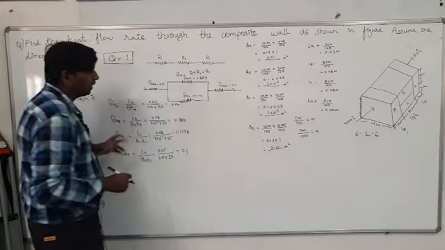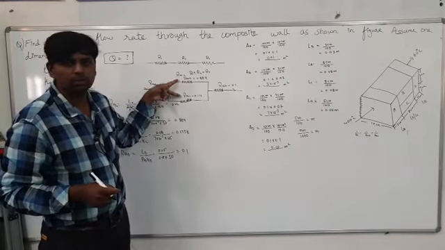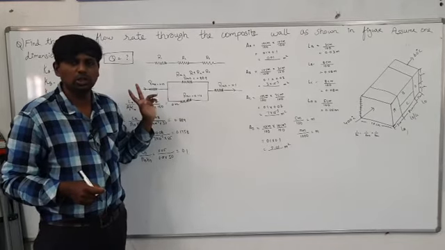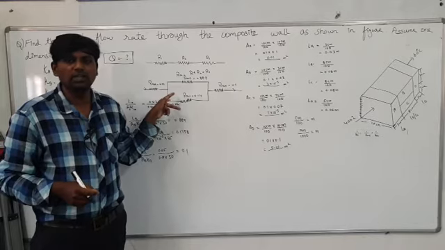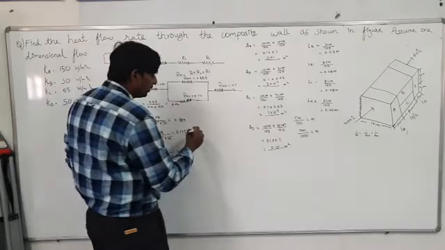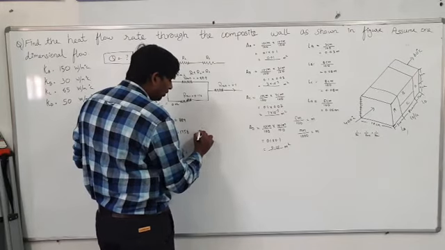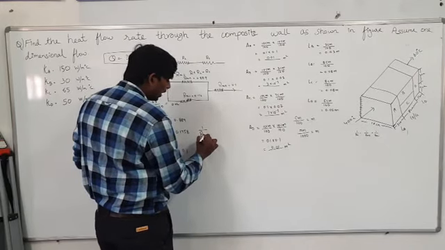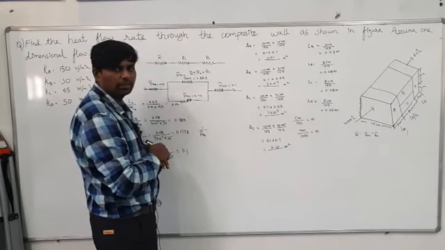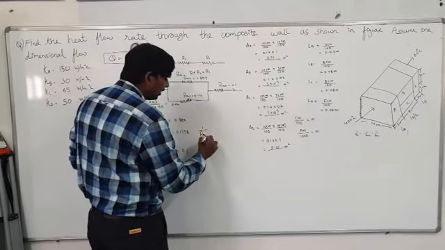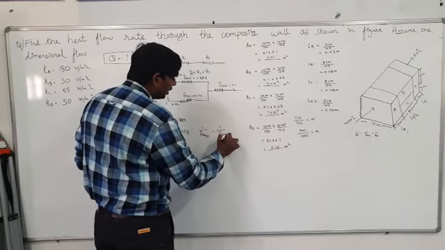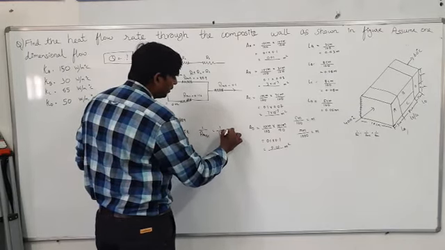Now you have to focus on these two things. Which two things? RTHB and RTHC. These two are in which connection? Parallel. You have to convert into series. For that, one formula is there. I will write 1 by RTH, 1 by RTHBC. What do I have to consider here? 1 by RTHBC is equal to 1 by RTHB plus 1 by RTHC.